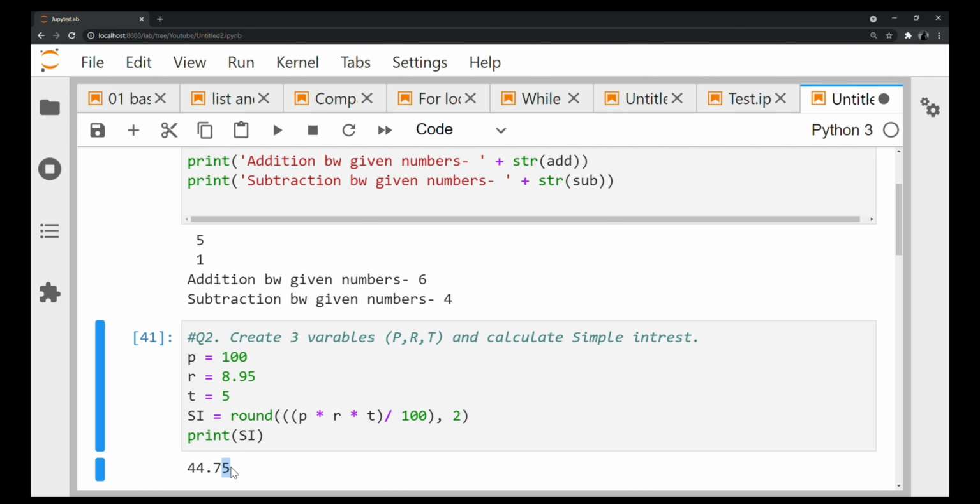If it is more than 5, right? That mathematical thing that we have learned in schools. So it also converts if it is greater than 5, it rounds up. So the round function works very well. You should remember this function. Okay, now let's go back to the third question.